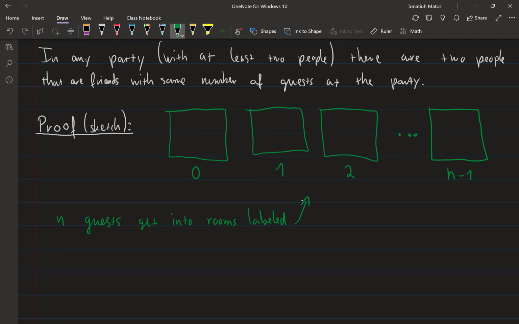Labeled like that. So each guest. Now, of course, they don't have to physically get there. This is a thought experiment, right? You can conclude this just by thinking about it. Each guest goes into the room